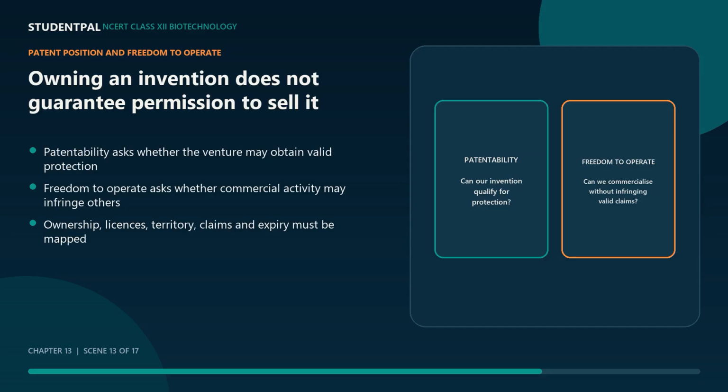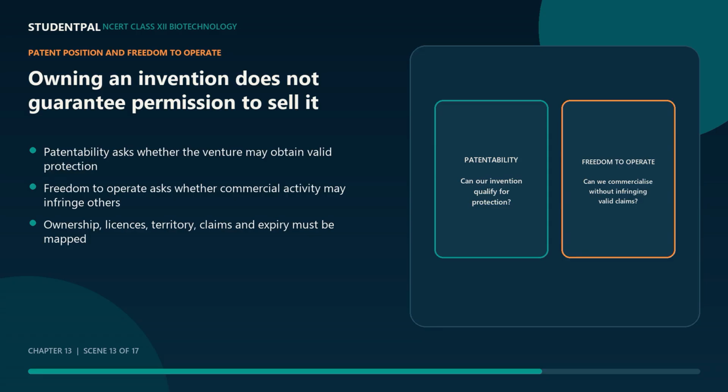Patentability and freedom to operate answer different questions. Patentability asks whether an invention may qualify for protection in view of earlier public knowledge. Freedom to operate asks whether making, using, or selling a product in a particular territory may fall within valid claims owned by others. A company can obtain a patent on an improvement, yet still require a license to a broader underlying invention. Conversely, a useful product may be commercialized without its own patent if no blocking rights apply, though competitors